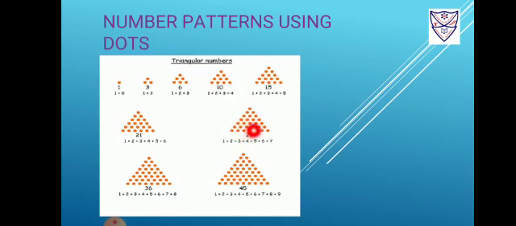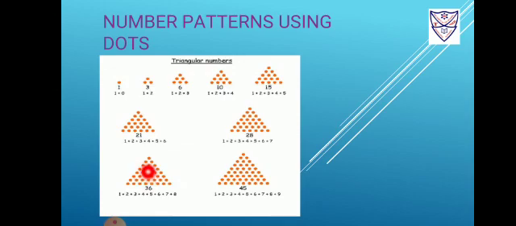Here till 21 dots this design is there, and above that you can see, students, 1, 2, 3, 4, 5, 6 and 7 dots are added. Similarly we can do for 36 dots and 45 dots. So here for 36 it is increased. Till 8 dots means 1 plus 2 plus 3 plus 4 plus 5 plus 6 plus 7 plus 8. So 8 dots, the addition of this is 36.